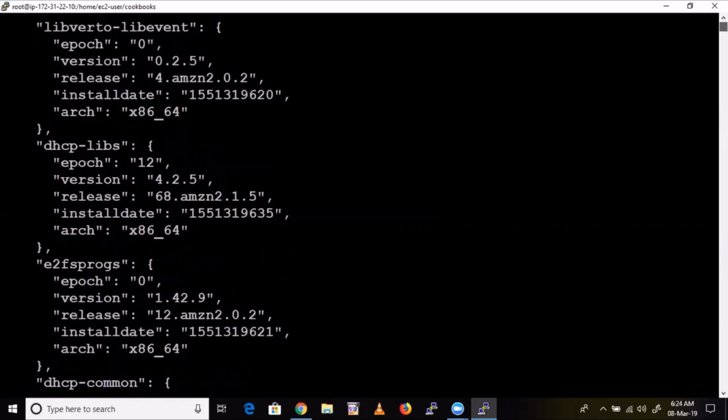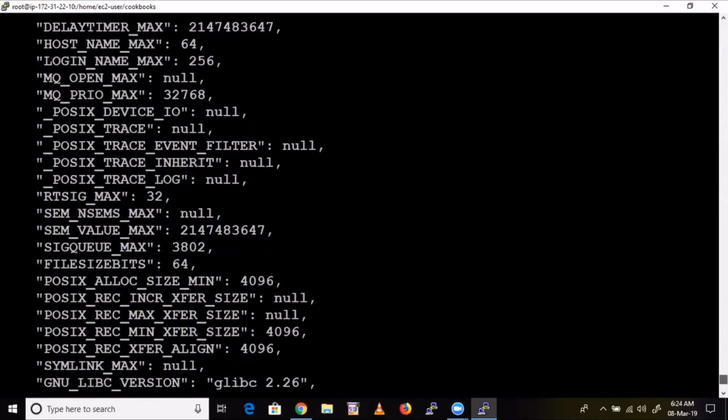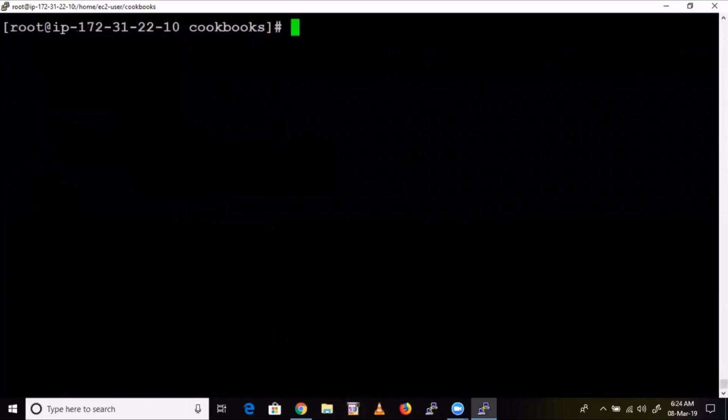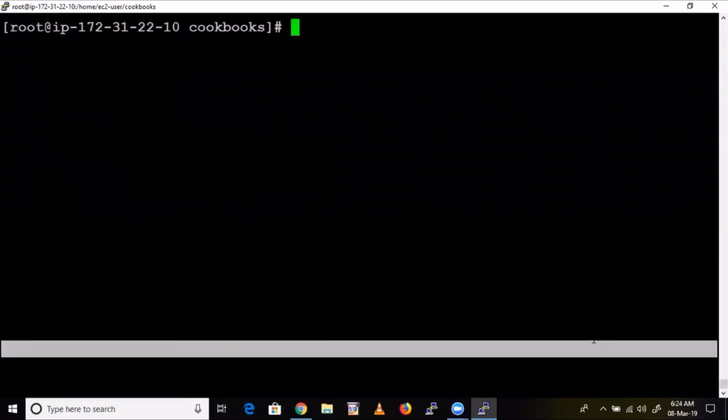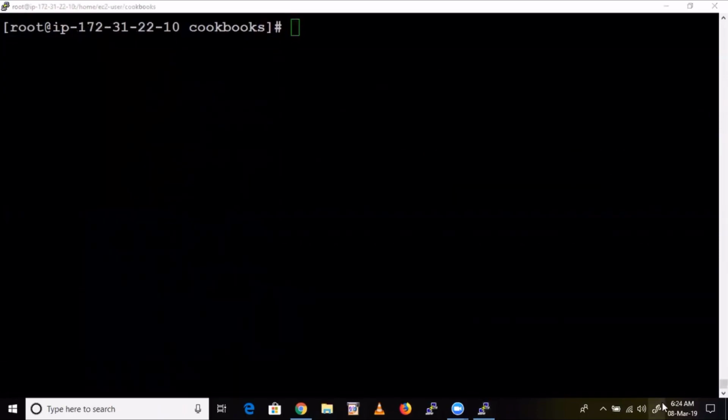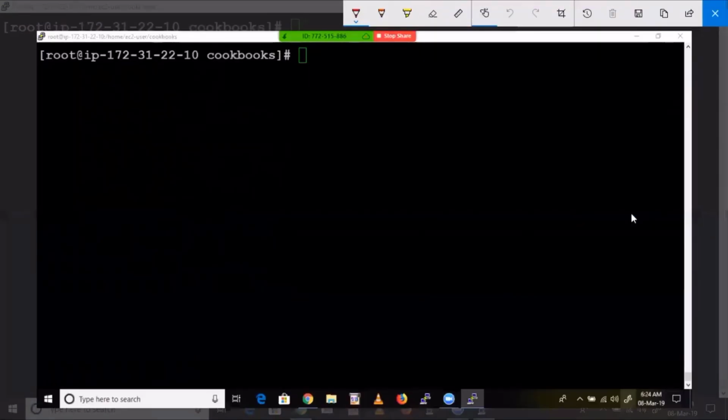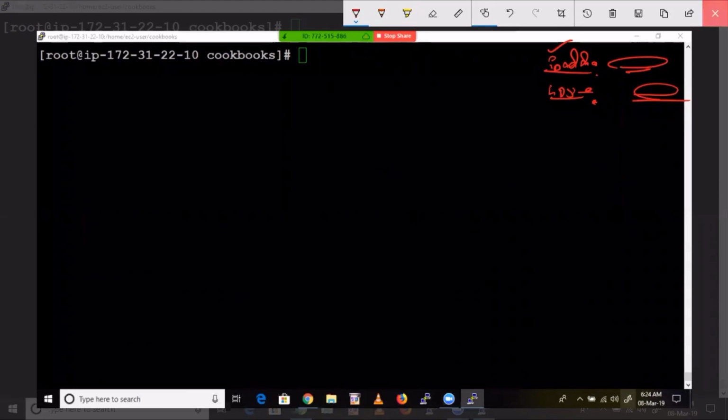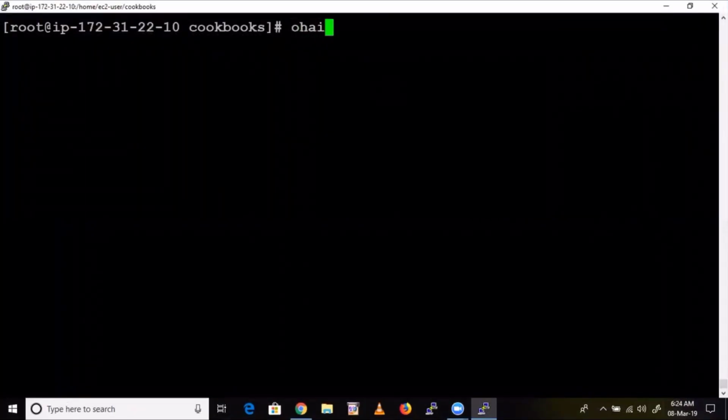Okay, JSON format. For example, you want to extract only the IP address. See here, in the Ohai store, everything got stored in key values. For example, somewhere they have given the key IP address and the actual IP address, somewhere they have given host name and the actual host name. So if you want to get that IP address, you have to give the key and it will fetch the value. Suppose I want the IP address. The command is ohai ipaddress.